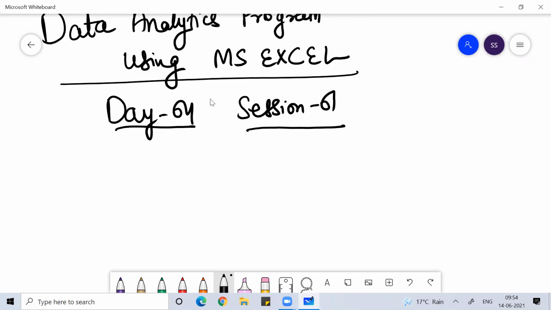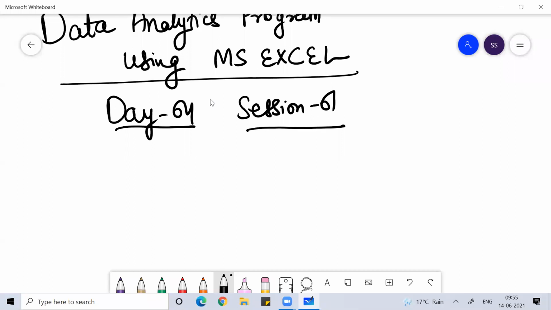Then we learned the MS Excel window environment, either the quick access toolbar or title bar, or the address bar or name bar, or the referencing of cell. We discussed zoom in, zoom out. We discussed the basic features of MS Excel workbook and worksheet. And then going further, we discussed the properties of cell, either on the basis of row or on the basis of column.